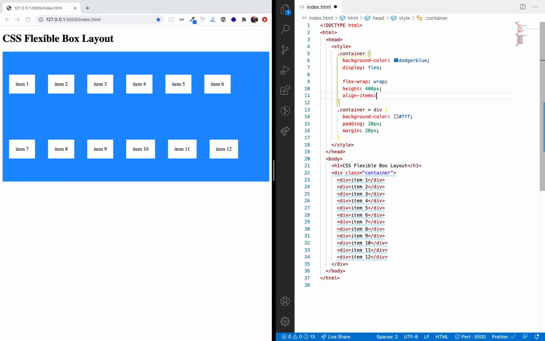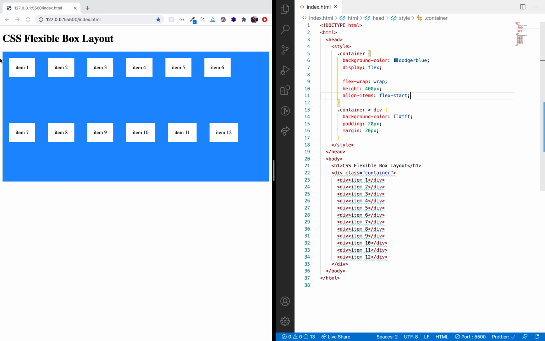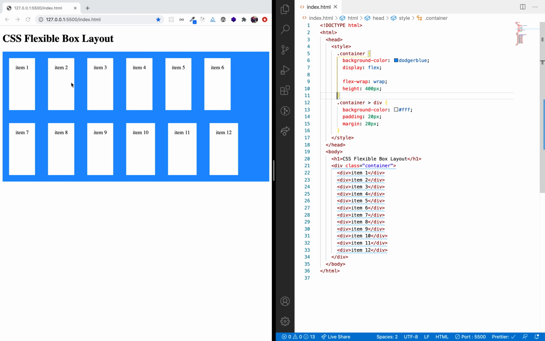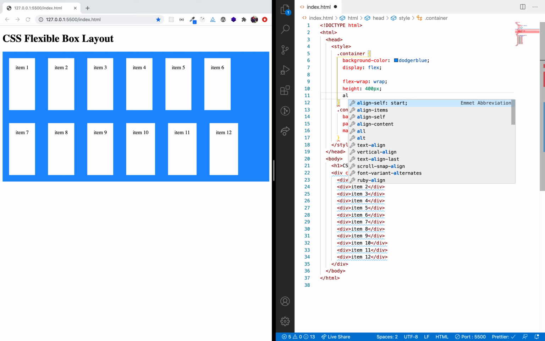If I want the items to start from the top left corner, I can give flex-start. And I have flex-end as well, so now the items will start from the bottom left corner. So this is all about align-items. If I remove align-items, it is getting stretched. Let's give align-items center again.